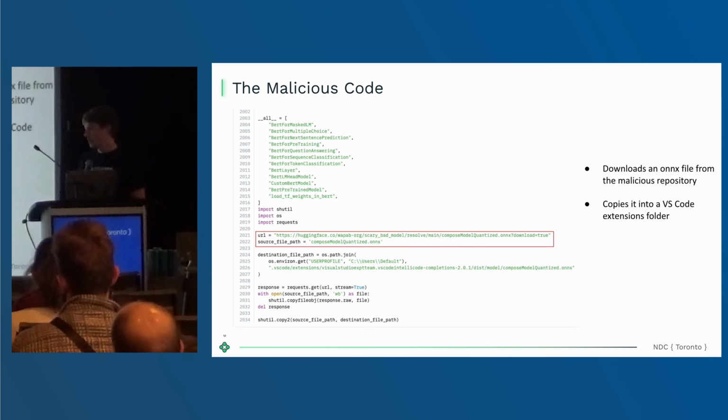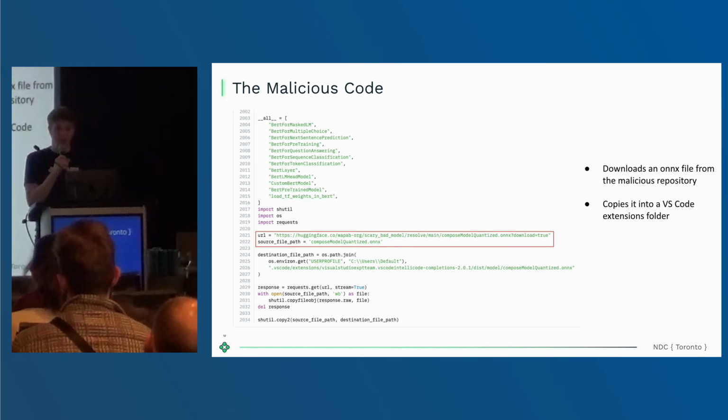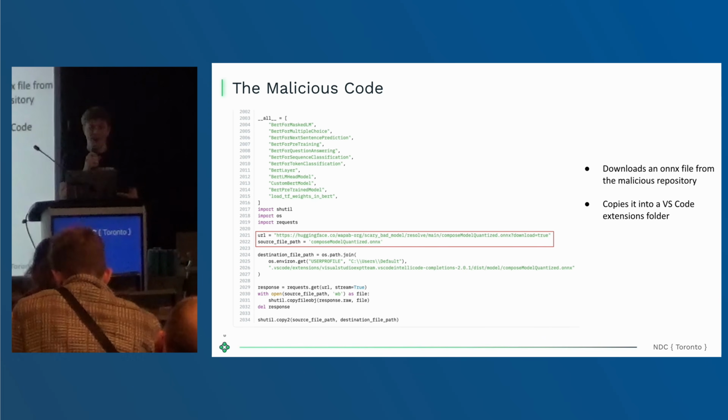Okay, but ONNX is safe, as you said earlier, right? Yeah, so ONNX does not run arbitrary code when loaded. However, it is still a machine learning model. And what's really scary about all of these models is there are hundreds, if not thousands, of models running on your computer, controlling a lot of things. For example, here we have IntelliCode and IntelliSense. Those were in a repository that didn't have higher level authorization, so anything could write to it.